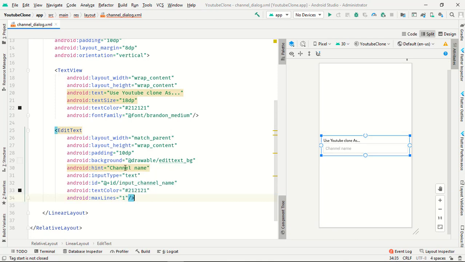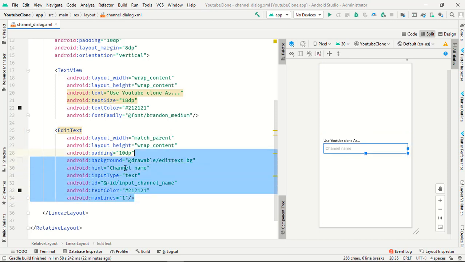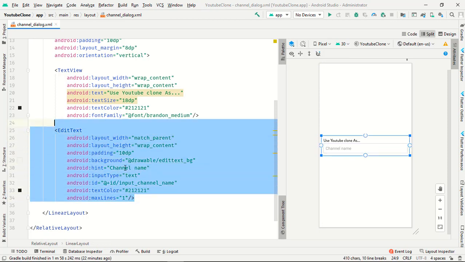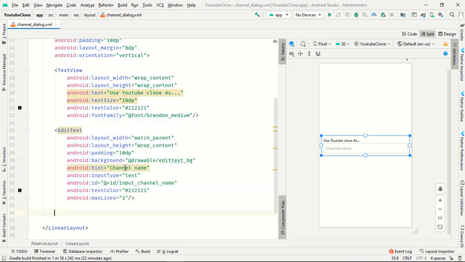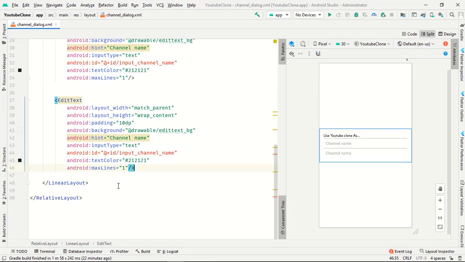Now just close it and copy this whole text view and paste it below this text view. So now it will give you an error.